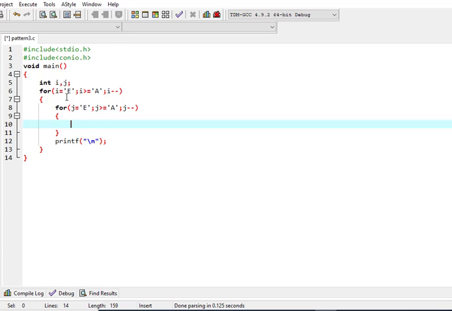In this case the i loop will be from A to E and the j loop is from A to E. i plus plus and j plus plus, less than or equal to.